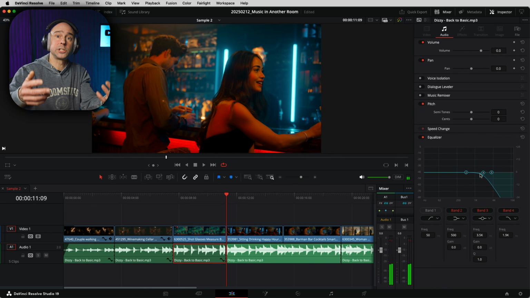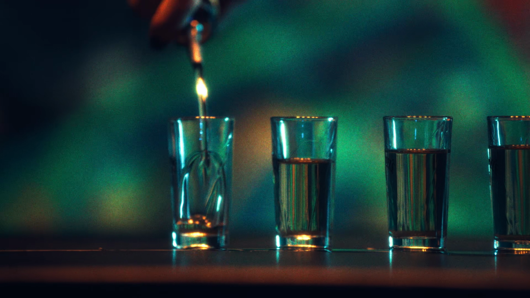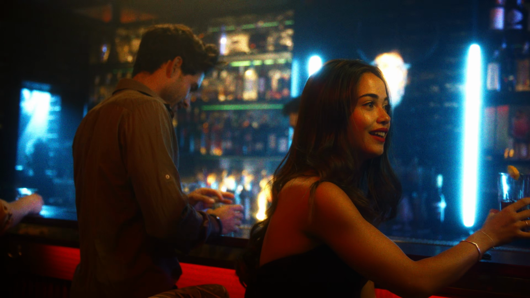So now you're getting a little more guitars in there and a little more high end. Before we finish out the audio in this video, I want to take a minute and just give you guys some quick tips here on how I came up with the look and color grade for the clips that we're